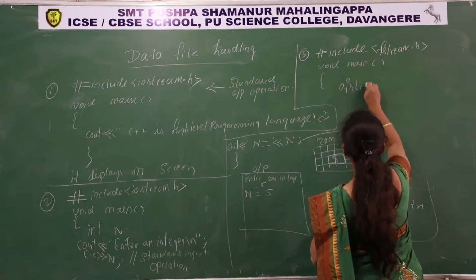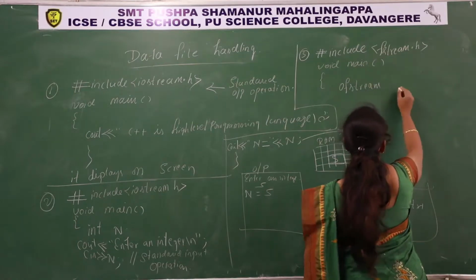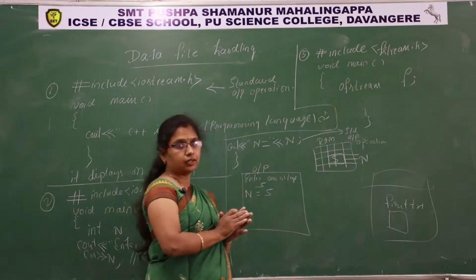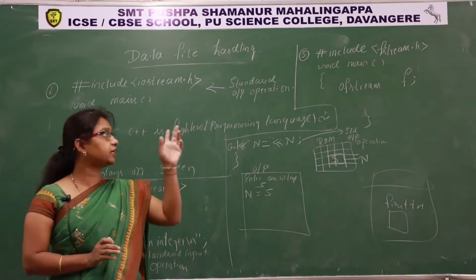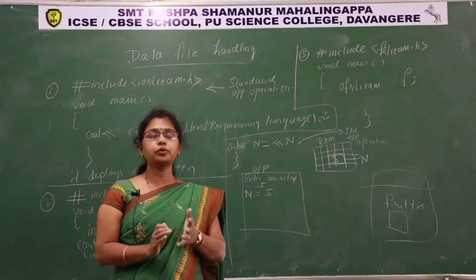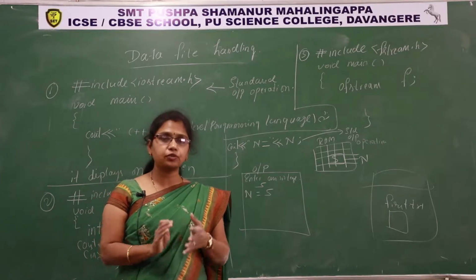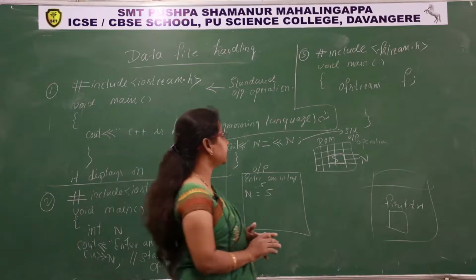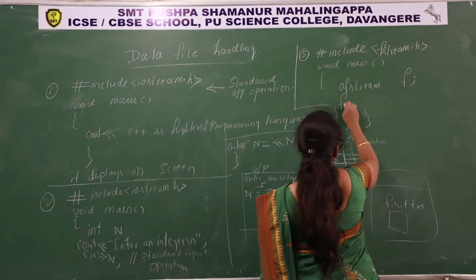OFstream. I'll take the object name as F. Okay, the object is ready. Now I have to call a member function of that class. You all know how to access members of a class: object name, dot operator and member name. Which is the object here? F is the object. F dot